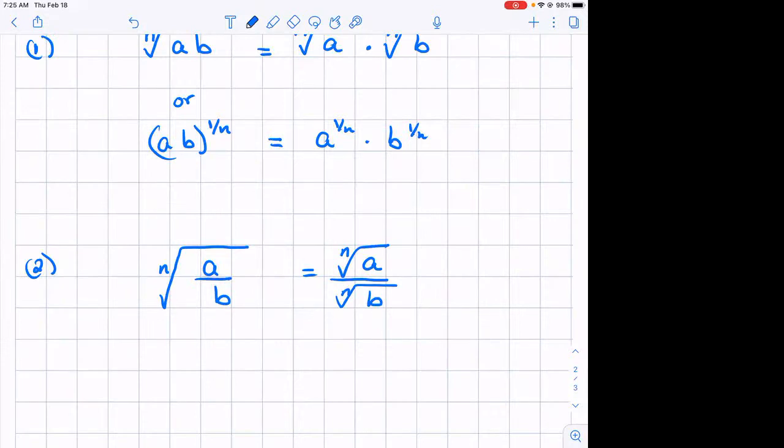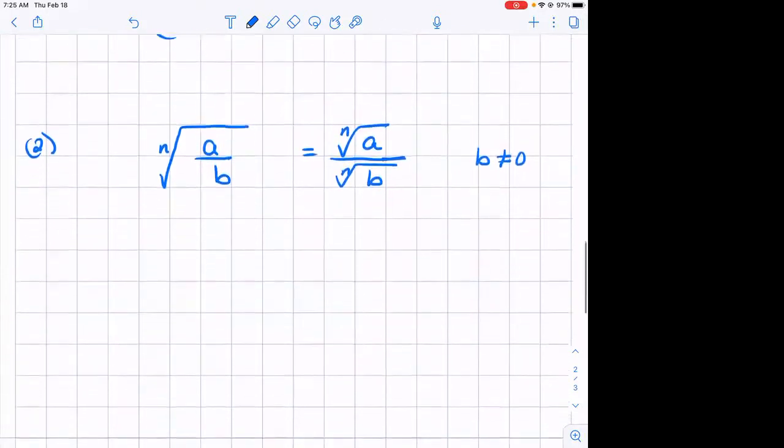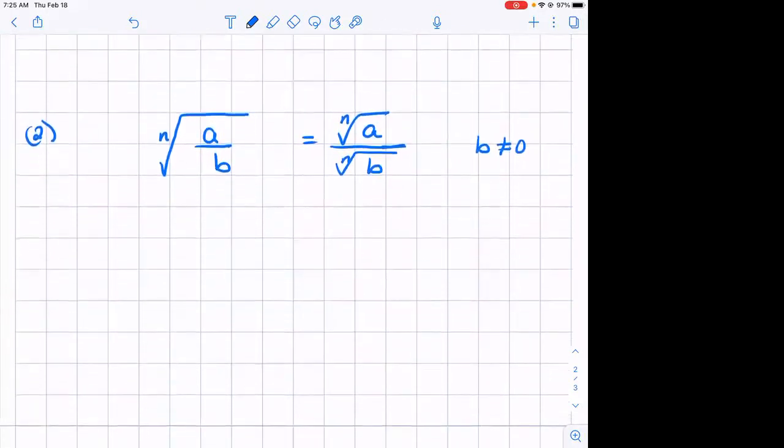And please keep in mind, obviously here, because b is in the denominator, b cannot be equal to 0, because we have a fraction. And we just want a reminder